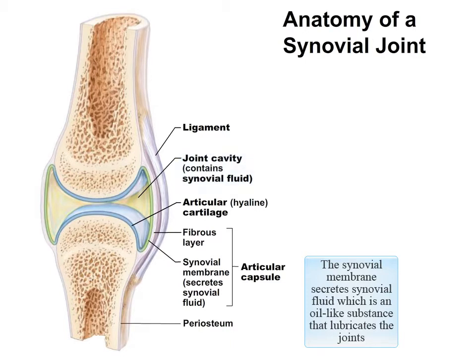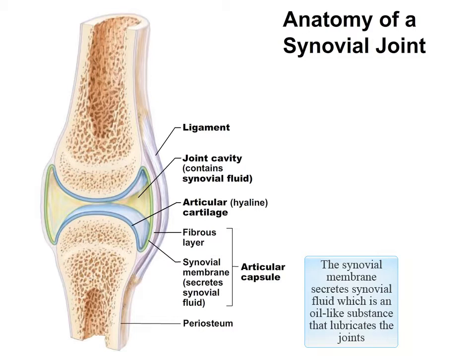Now, synovial fluid is pretty viscous. Its consistency is similar to that of an uncooked egg white. And like oil in an engine, this synovial fluid reduces the friction between joints. I should point out that this fluid can even be absorbed by the articular cartilages, and this is very important in reducing friction because when the cartilages are compressed, some of this excess fluid will weep out of the cartilages,